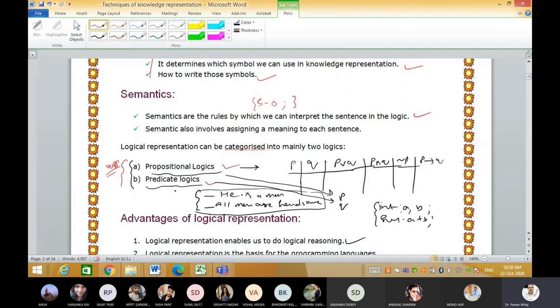The logics are further categorized into two: propositional and predicate. In propositional logic, we just write the sentences in terms of variables like P and Q, with certain rules, which we will see later on.